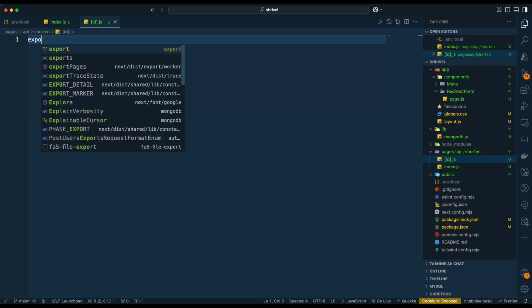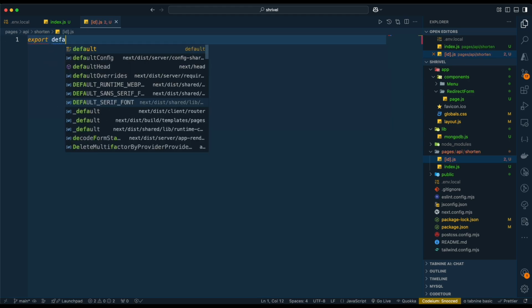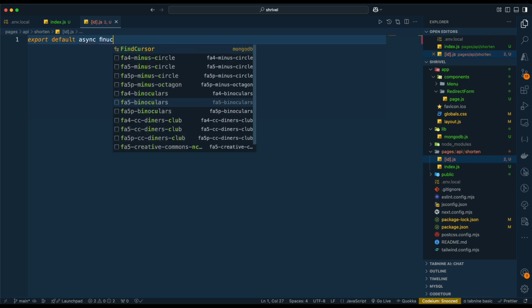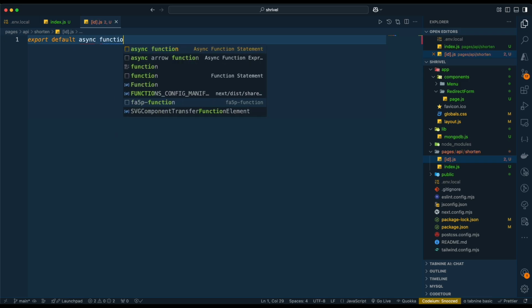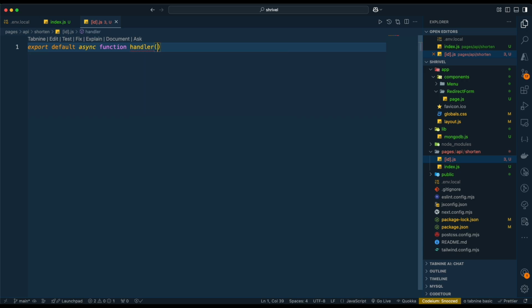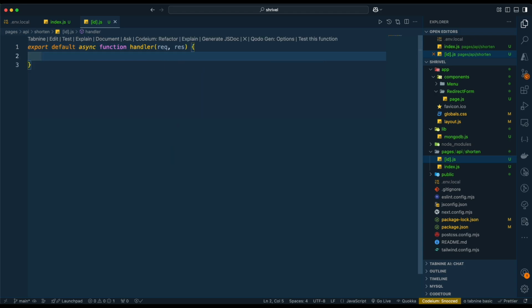And all we can do, honestly, is going to be the same thing: export default async, and then the function, and we can call it handler. And remember, this receives a request and responds with a response. All right, so first things first, we need to connect to the database, and we are gonna go back over